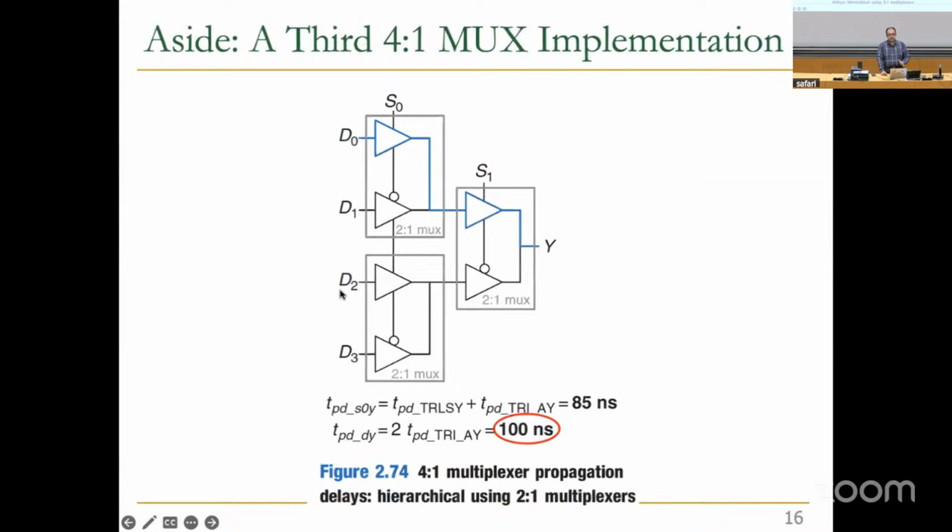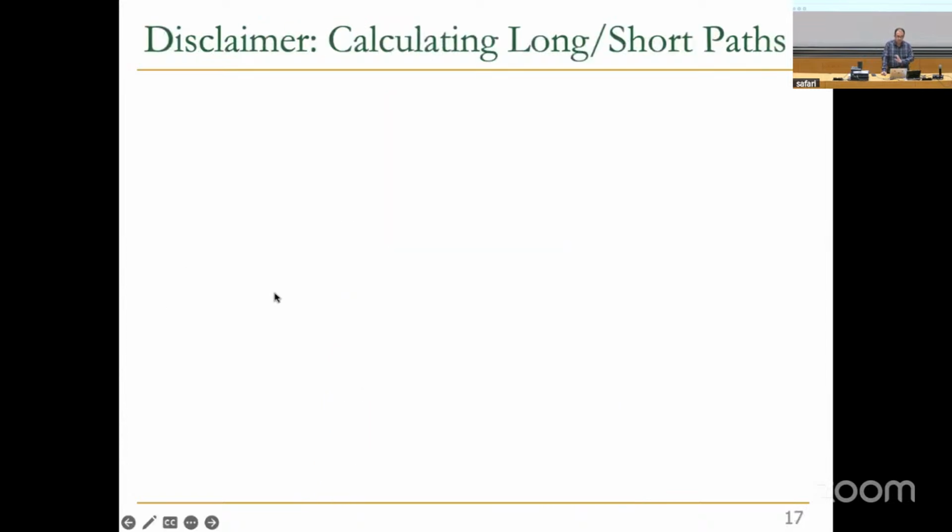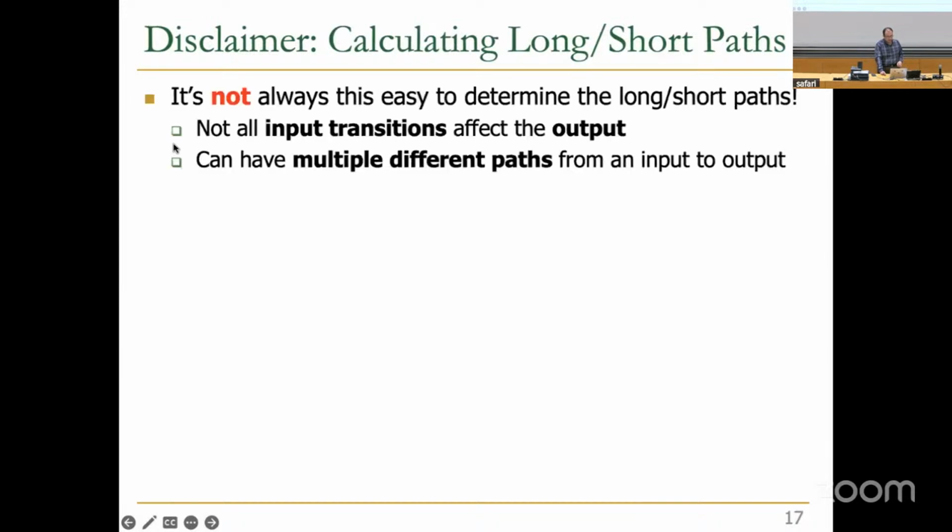So basically, the goal of this slide is to show that the latencies of our circuit are heavily dependent on the voltage, the temperature, the way that you design, and also the input vectors. We didn't show that here, but when you change the input vectors, you're going to have different latencies. And all our tools that need to deal with these latency calculations actually need to consider different input vectors for accurate estimation. But here I want to provide this disclaimer that it's not always this easy to determine